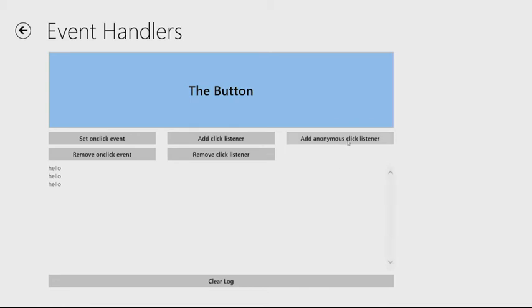I see. Now, there's one other caveat of the add anonymous click listener. Watch this. 1, 2, 3, 4. I already added 1. I just added 4 more. I now have 5 event listeners on the big blue button. Ready? Let's clear the log. So add event listener, passing it an anonymous function. Since it doesn't have any way of identifying that function, doesn't have any way of saying, hey, knucklehead, you've already added that function as an event on the click event, I'm not going to add it again for you. It says, okay, I'll add it, I'll add it, I'll add it,